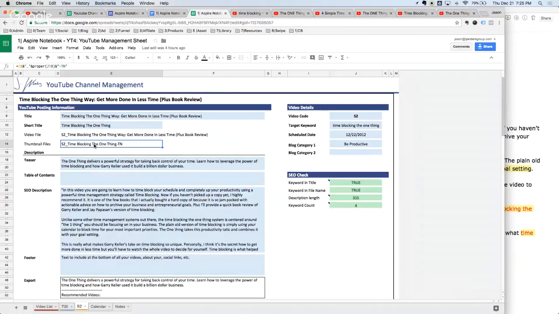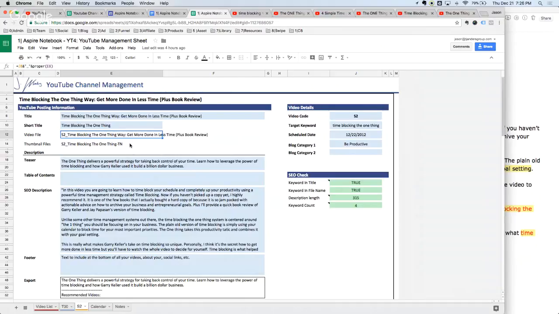So you want your video file and thumbnail files to include the keyword. So for the thumbnails, I just use the keyword and then do a -tn at the end. You can come up here and put dash whatever you want in the formula. And that really allows you to, well, number one, stay organized. And number two, it's another sign of relevancy to YouTube. And because you're including your title in